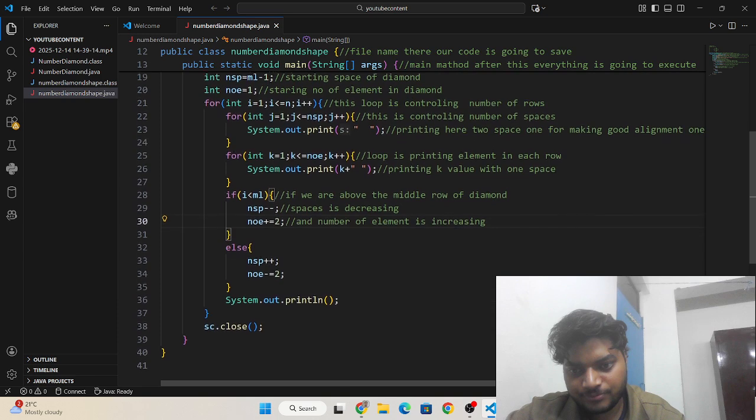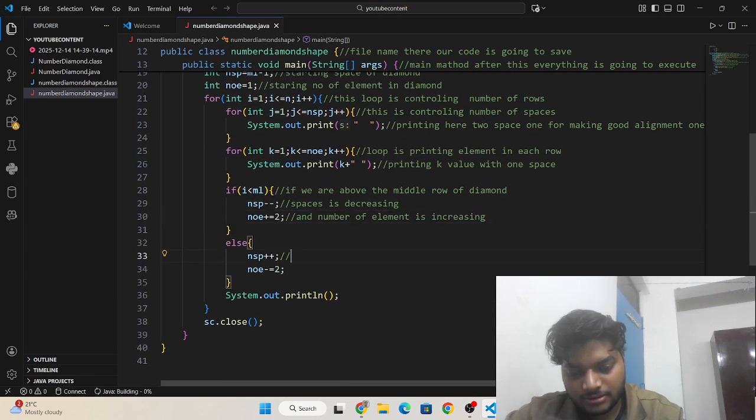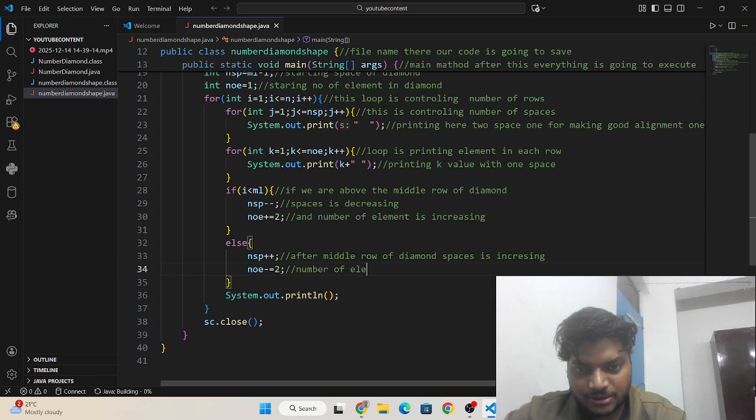Okay, and after the middle row of the diamond, the space is increasing and the number of elements is decreasing by 2.